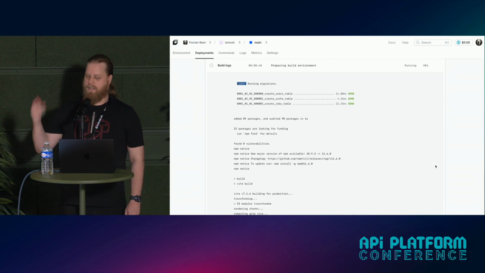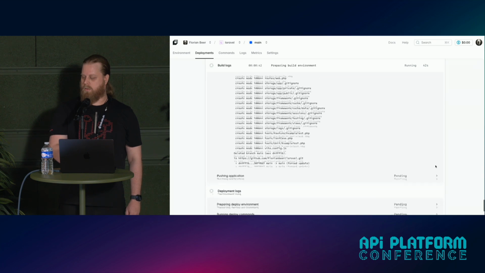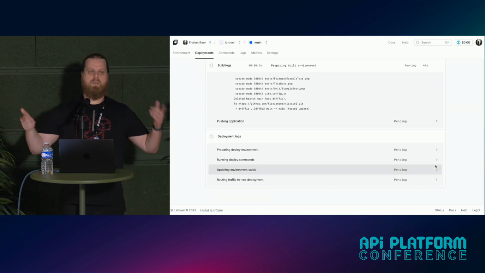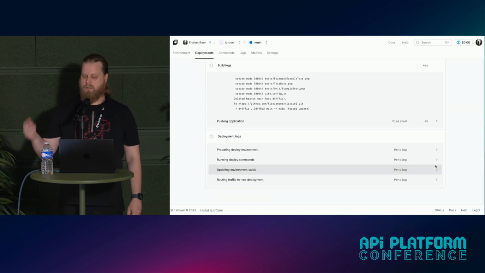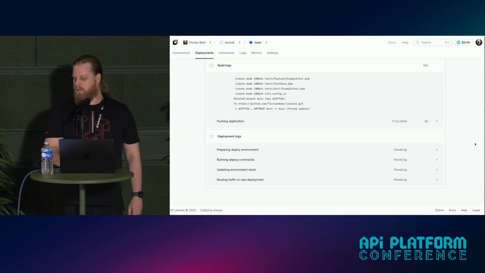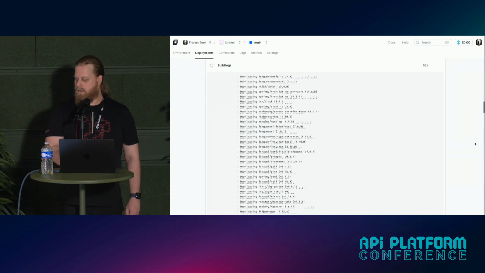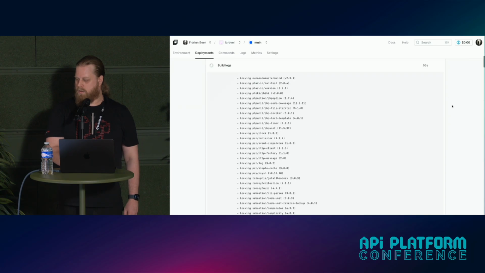And then at the end, it creates a container image and uploads it to our platform and connects it to the internet. So let's give it a second here. Let's collapse this so we can see.